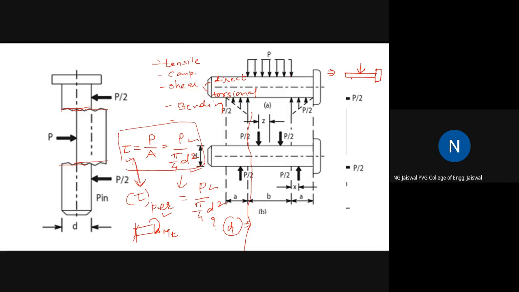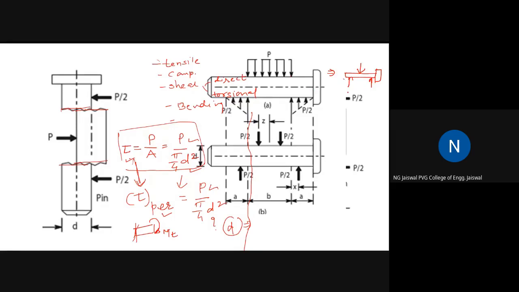One force and then two reactions, sort of. Now how the reaction is taken as a triangular portion etc., we will talk about it later on. That is not our point of concern now. Our concern is whether there is a scope of bending or not. The answer is yes, it can have bending.